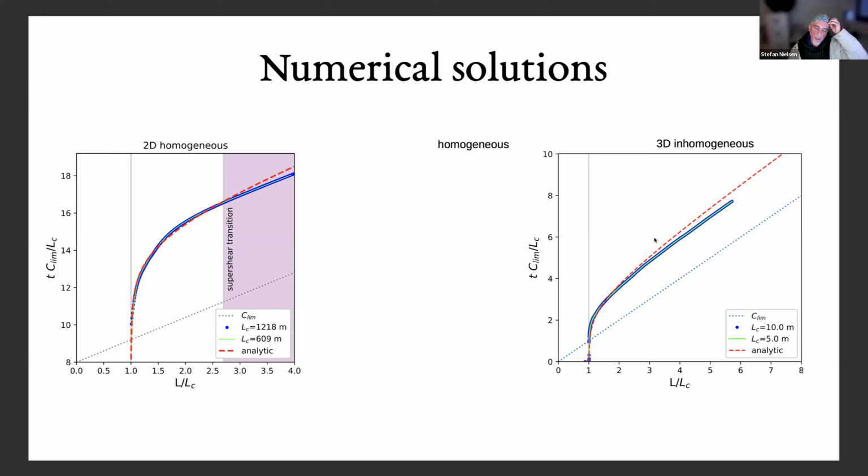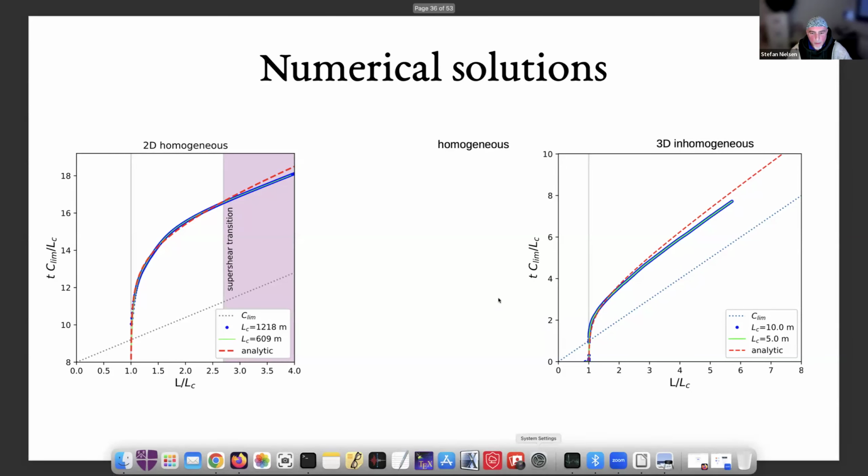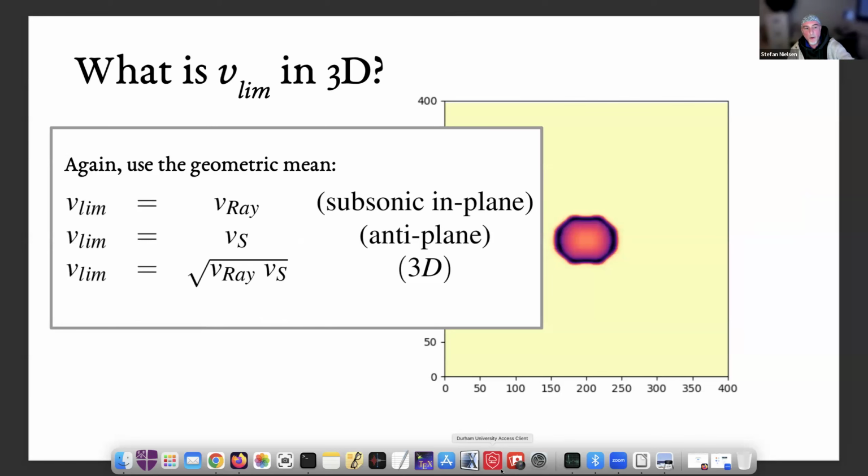No, so the limiting velocity in the subsonic regime is an equivalent velocity in 3D, and that's my interpretation of it. But actually I would really like to show the third graphic, which I lost here, because it's the 3D homogeneous case, and the match between the analytical solution and the numerical one is almost perfect. I'm saying this to justify my choice of taking this definition of limiting velocity.